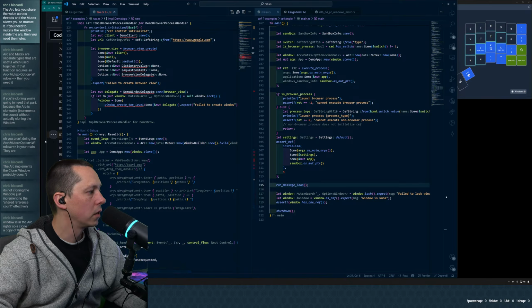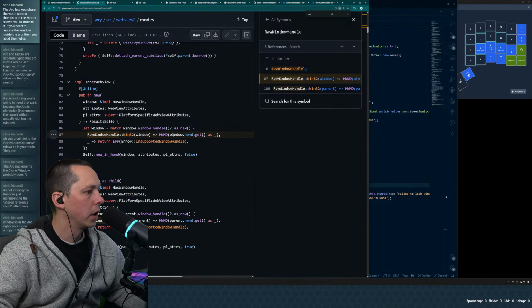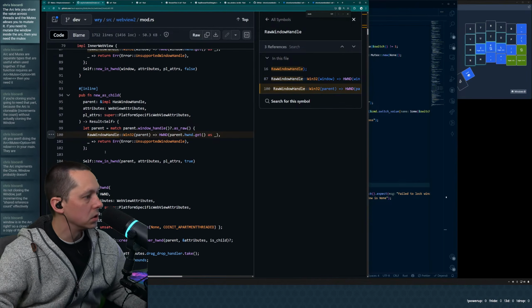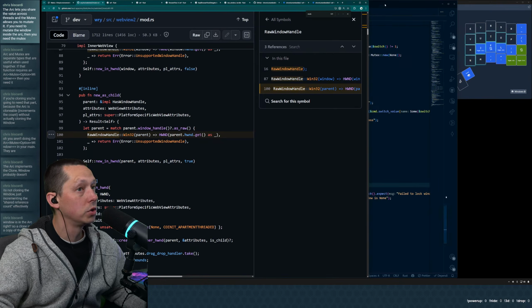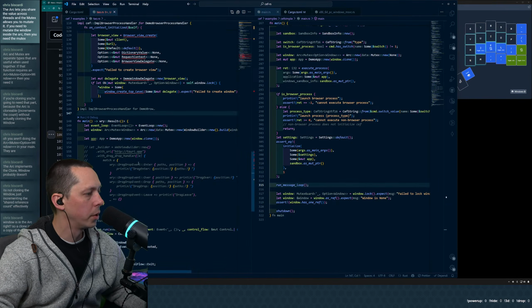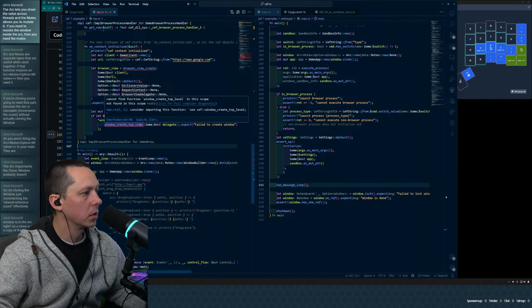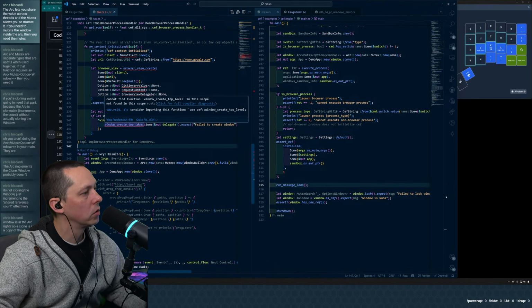But I don't think that the raw window handle is going to be useful because it doesn't seem like it's actually implemented downstream in CEF RS, which might be part of what we would have to look at. Because it's doing this window create top level,